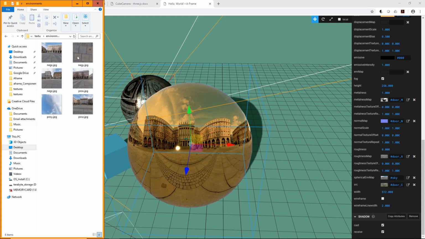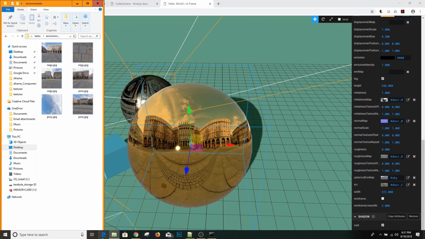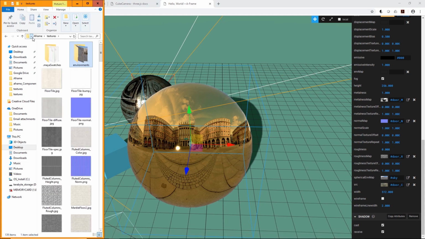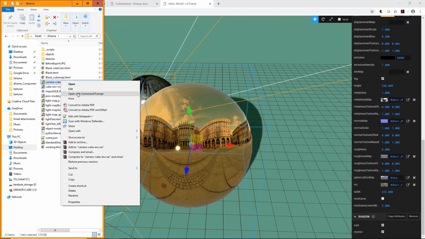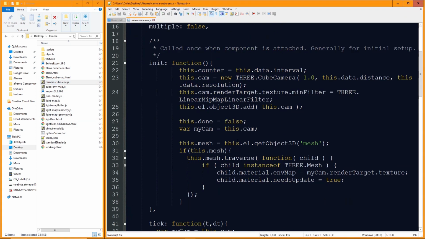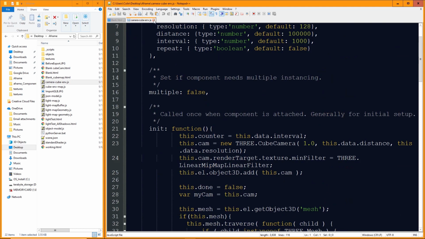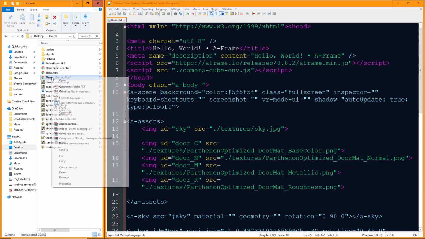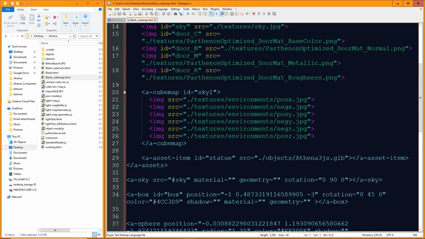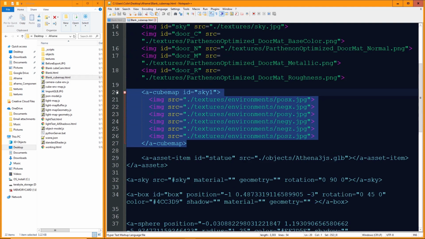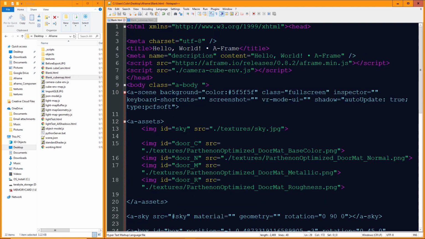Those you can then load as a separate cube map. Let me open up a different file, and see if I've still got it loaded in my assets. Oh no, that's JavaScript. So if you look at this cube map ID sky1, if I just copied this and then pasted it into my blank here in the a-assets tab,